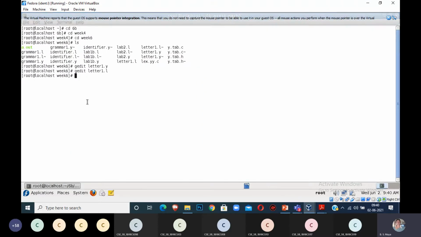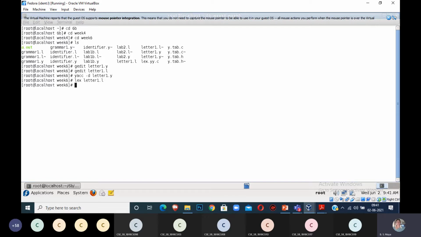Okay, shall we start? Can anyone tell me what is the compiler to compile a Yacc program? Yacc space -d letter1.y. See, there is no error. Then for lex, letter1.l, no error.